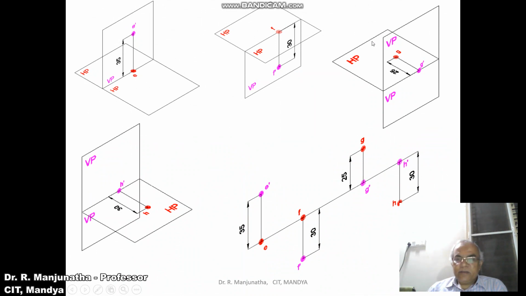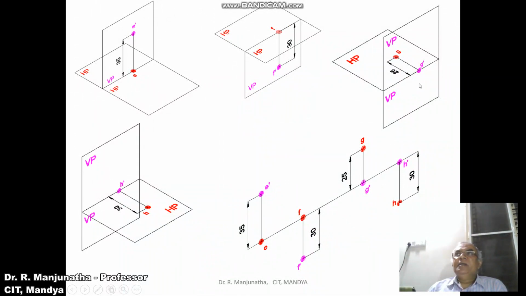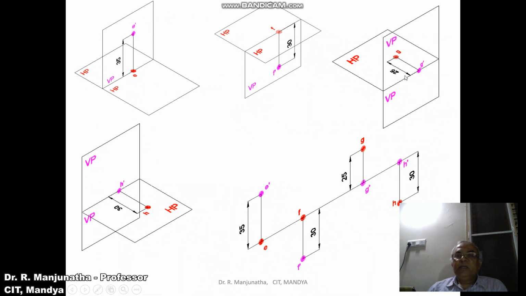and the second quadrant. When you look from the top view, we can see the distance behind VP. The behind VP distance can be seen in the horizontal plane, and since it is on HP, obviously that point G dash will be on the XY line. Now when you rotate HP to the top in the second quadrant, the third quadrant HP will also be rotated to the top. So then what happens is the image of the top view, which will be above the XY line, is G, and the image of the front view will be on the XY line, which will be G dash.